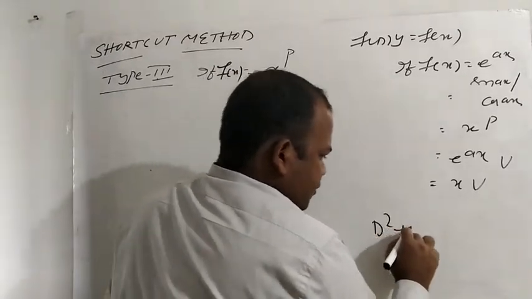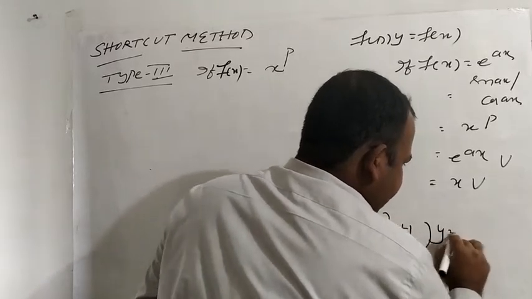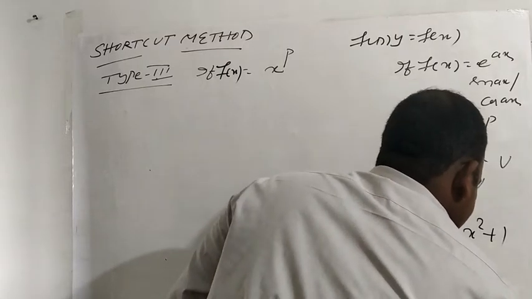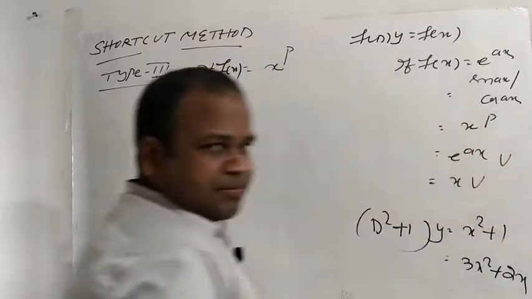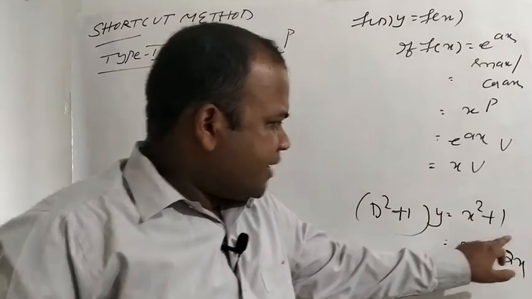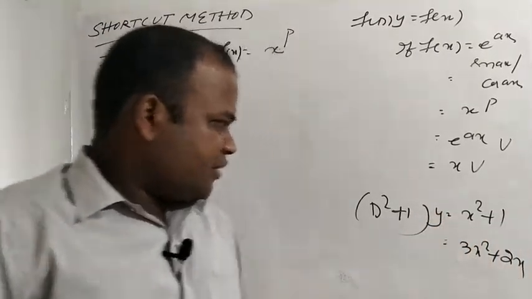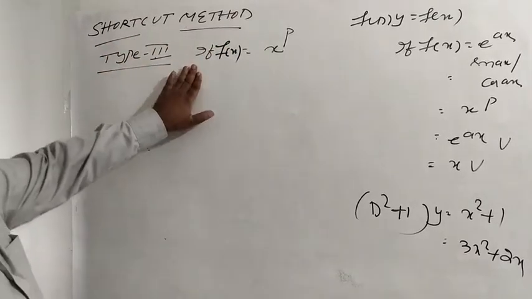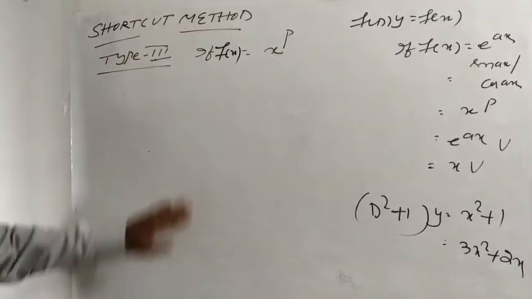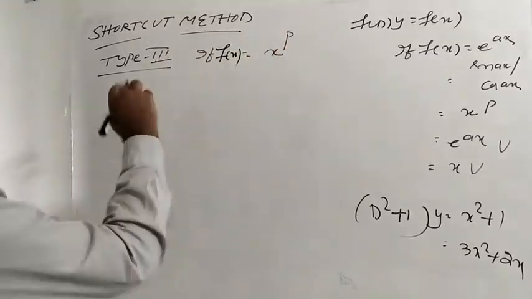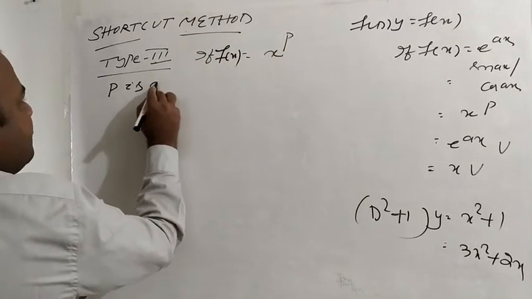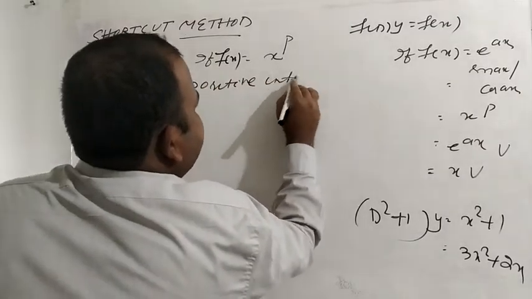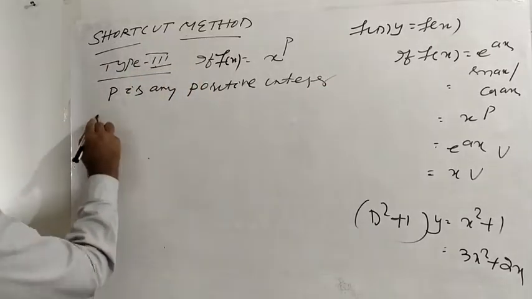(D² + 1)y = x² + 1. Similarly 3x² + 2x + 1, if f(x) equals x² + 1 or 3x² + 2x + 1, then in this case you will use type 3 of the shortcut method. So if f(x) equals x^p and p is any positive integer, then